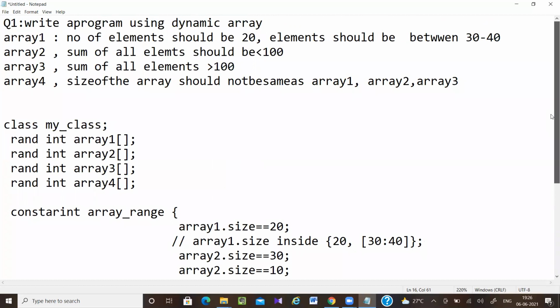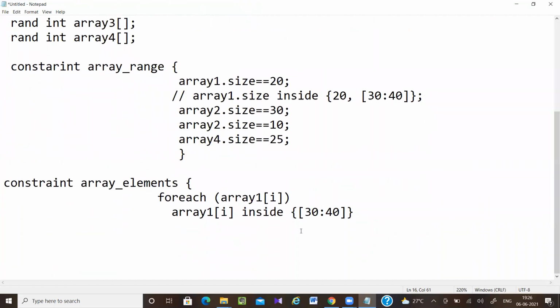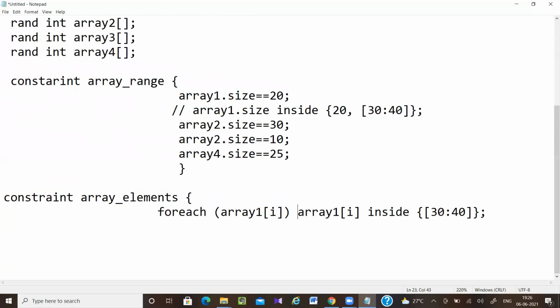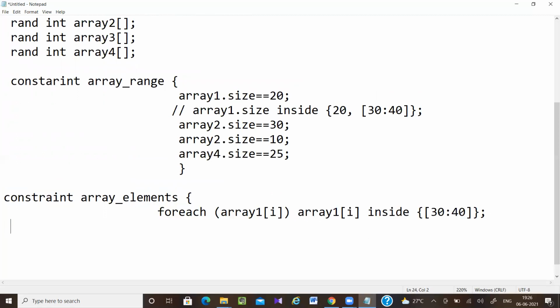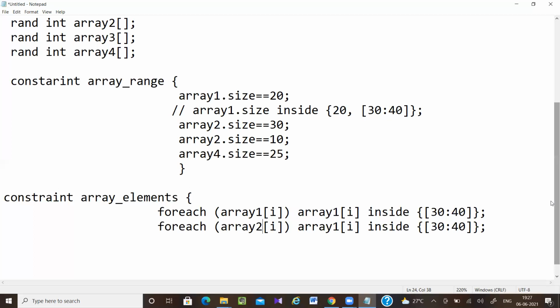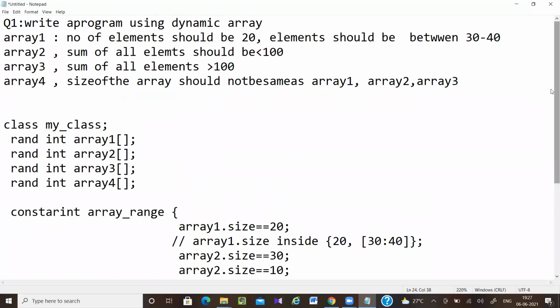Then for array 2, the sum of all elements should be less than 100. It is not about individual elements, it is the sum of all elements.